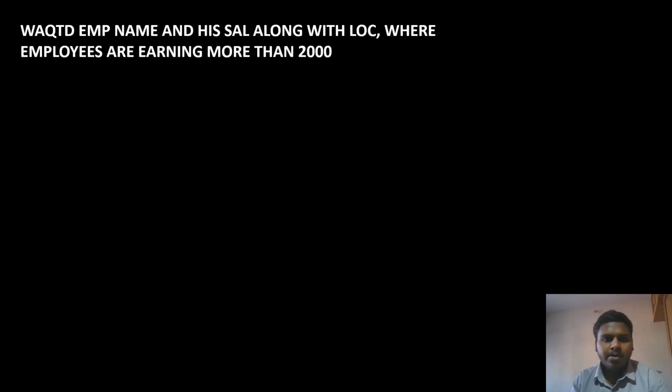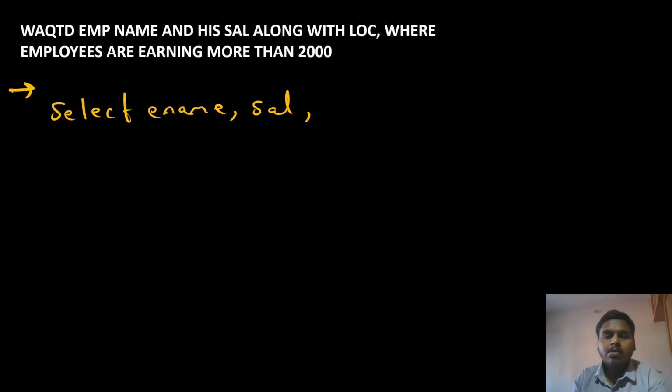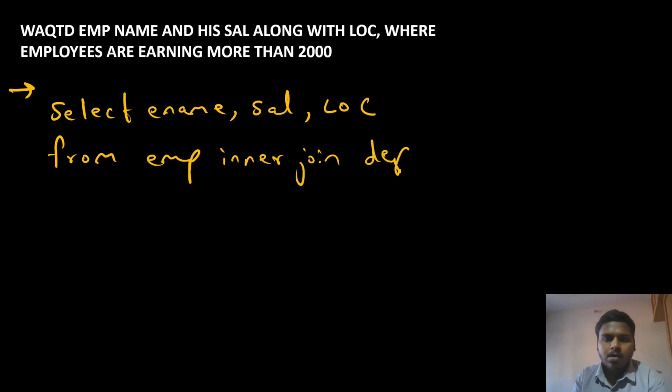One more beautiful question. Now here, I want to display the employee name and his salary along with the location where employees are earning more than 2000. So I will write select, employee name, e-name, salary, and location from EMP inner join DPT, on the join condition, on EMP dot department number